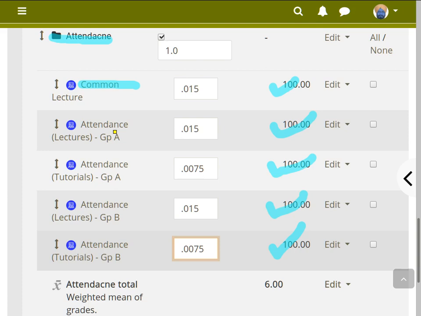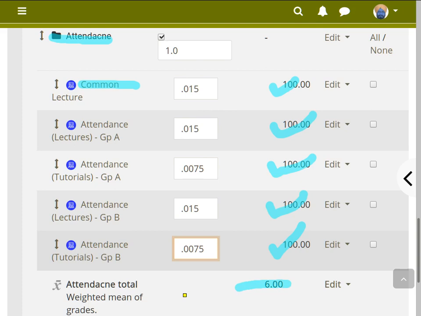So in main per week we have given 100 marks to each, but because there are 2 lectures per week for common, as compared to tutorial, its value should be double. So that means we need to put weights here. We set this weight so that when we add this, our sum should be 6, because that's what we want, that our overall value given to the attendance should be 6.